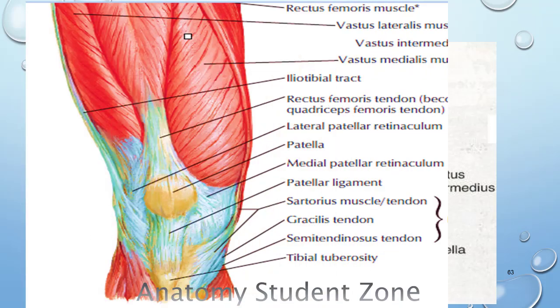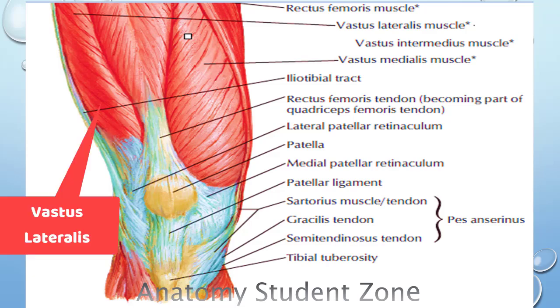Now I will cover vastus lateralis. Vastus lateralis is the largest of all four quadriceps muscles that I have described earlier by name. Being the largest muscle of the quadriceps femoris, it has an extensive origin via a broad aponeurosis, and this broad aponeurosis attaches at various sites on the femur bone. If you look on a dissection of a femur bone, there are various points on which vastus lateralis attaches, so its origin is on multiple points.